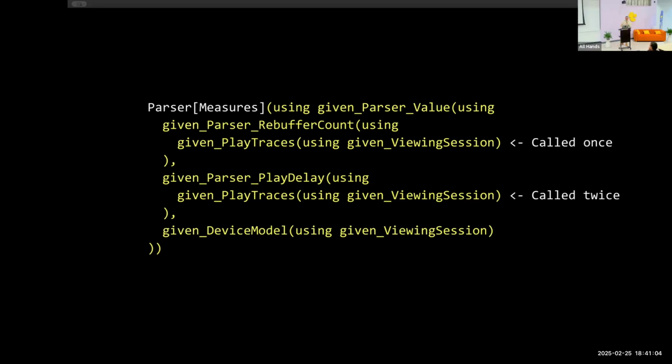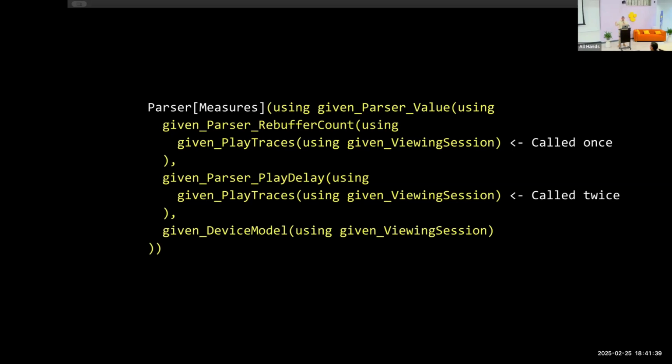But then I ran a flame graph. I don't know if you're familiar with flame graphs, but it shows you how much time you spend on each function. And we were spending a lot of time on hashing. I was like, hashing is pretty easy, how come we're spending so much time on it? Well, it turns out we have a lot of measures like device model. It's just extracting something, it's not doing much. So just for that, we're hashing, going into the cache and everything, instead of literally extracting it from the object. So we were spending a lot of time on caching for nothing.